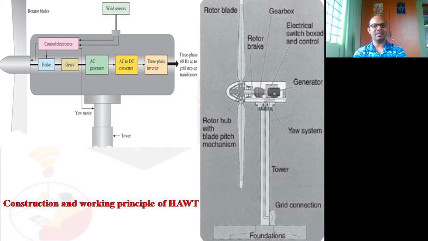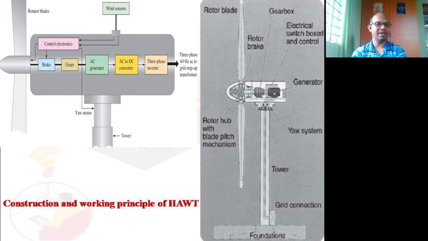Basically, horizontal axis wind turbines work predominantly on the lift principle. The lift and drag forces are the aerodynamic forces of action which make the turbine blades rotate. Unfortunately, in the syllabus the aerodynamic profiles come later, and I'll go into detail when I talk about the aerodynamic effects on the blades. But I have already told you what is meant by lift and drag. The lift force is the predominant one which acts on horizontal axis wind turbines.